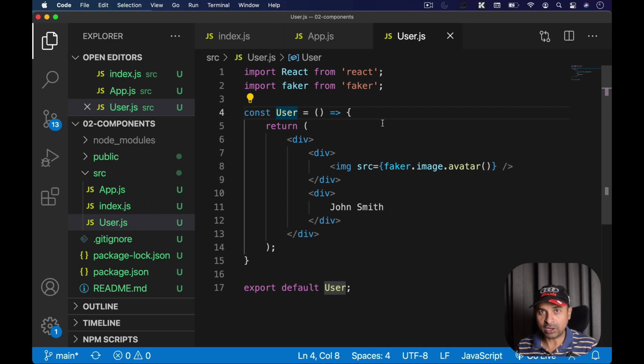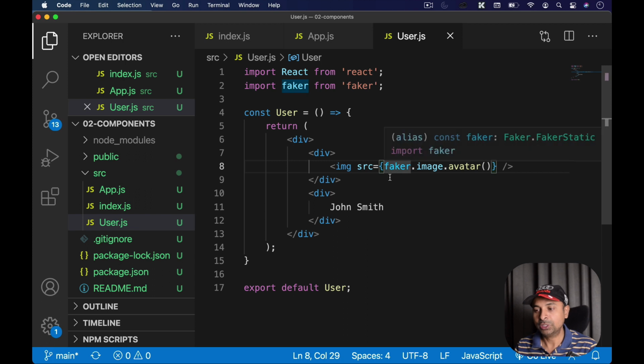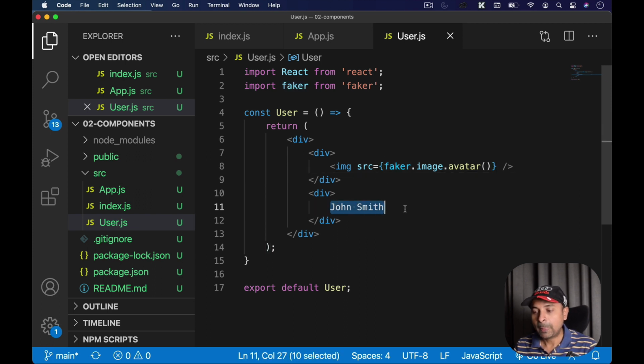We have a user component which I am reusing here inside my app. We need a way to configure this user component so that I can pass this source, I can pass this name value from outside. So I need a way of passing some kind of arguments to this function. And based on those arguments or parameters, this user is going to create the JSX.